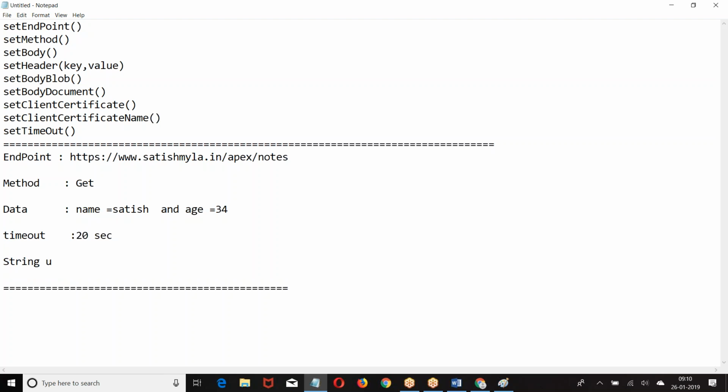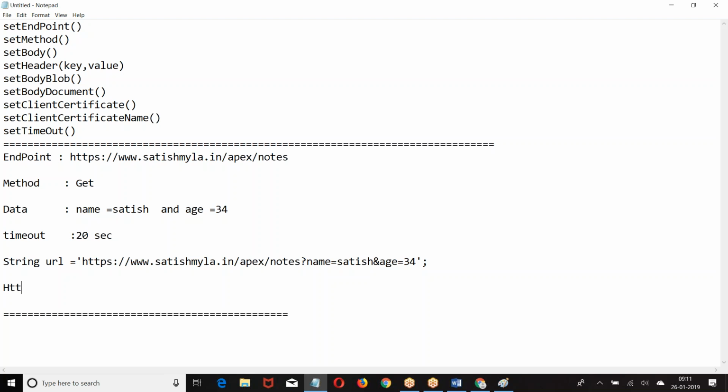String URL equal to question mark, name equal to Satish, and age equal to 34. Why did I give this? Because it is a get method. If it is a get method, there will be no body. If you want to pass any data, you have to pass it using the URL only.